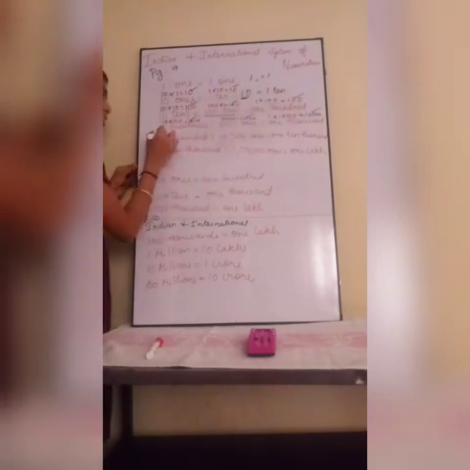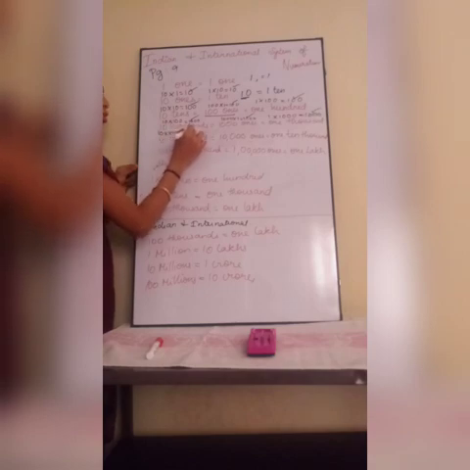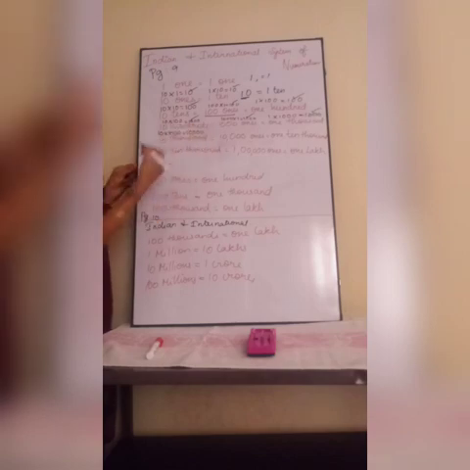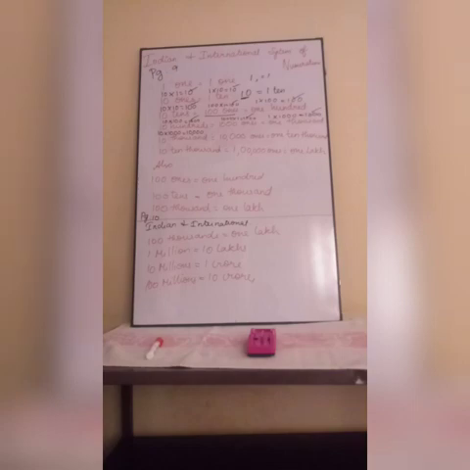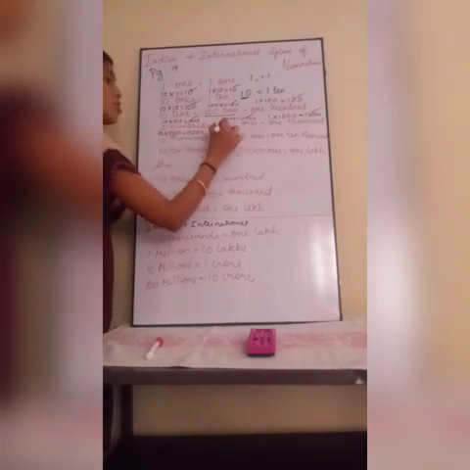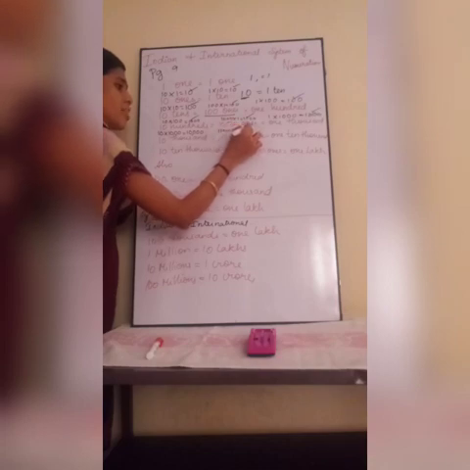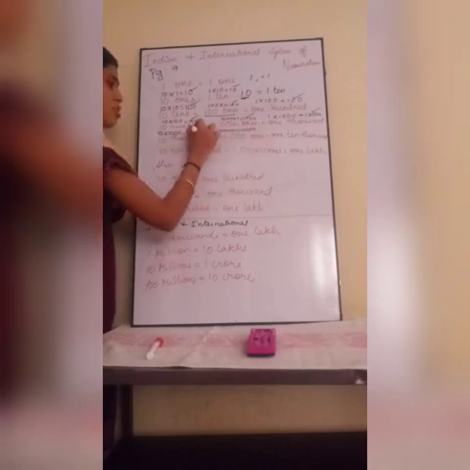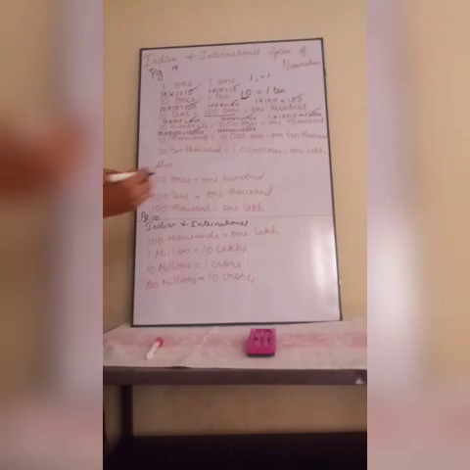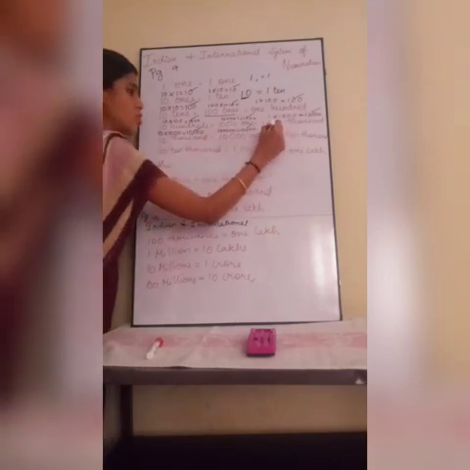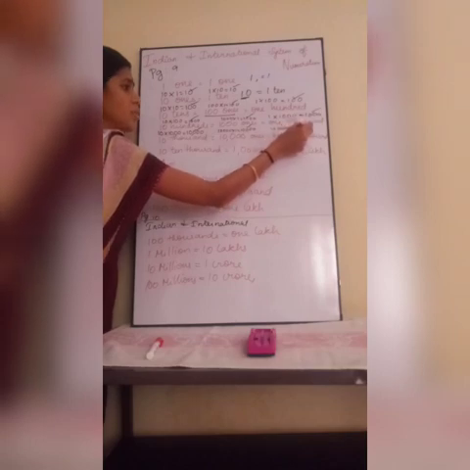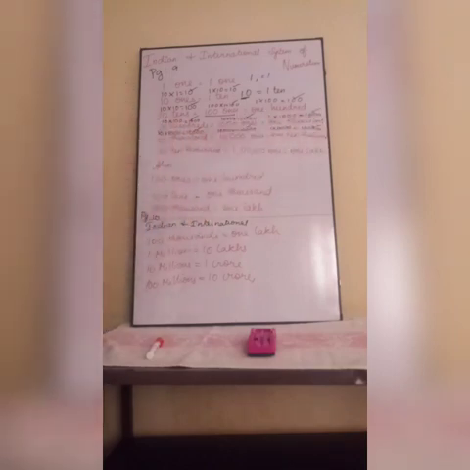Next here, 10,000. So 10 into 1000 is equal to 10,000. So 4 zeros will be coming in 10,000. 10,000 ones means 10,000 into 1, 10,000. So this is also same. This is also same. Next, 1 into 10,000, which is equal to 10,000. So these three answers are same, right?